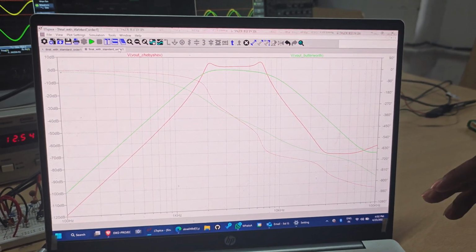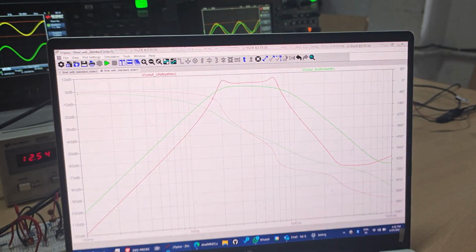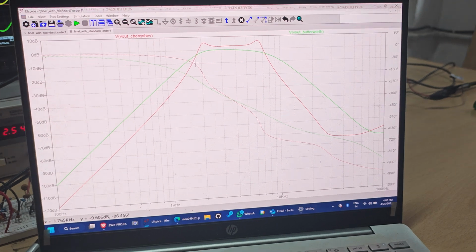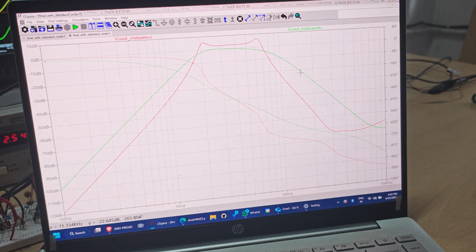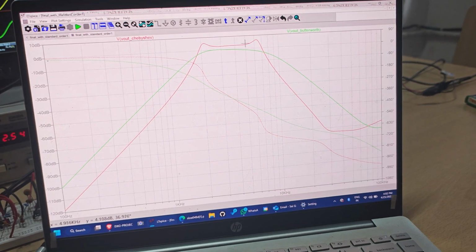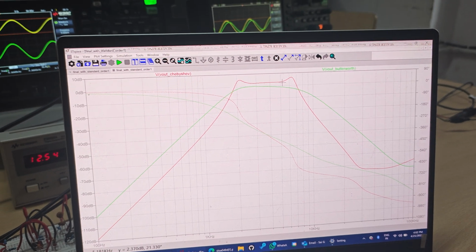So now we are presenting the Butterworth filter. With respect to the Chebyshev filter, which is also fourth order, we can see the difference between the Butterworth and Chebyshev filter. This green line is the Butterworth filter, which is pretty smooth in the passband region, whereas the Chebyshev filter has some ripples. Now this is a trade-off between Butterworth and Chebyshev filters.